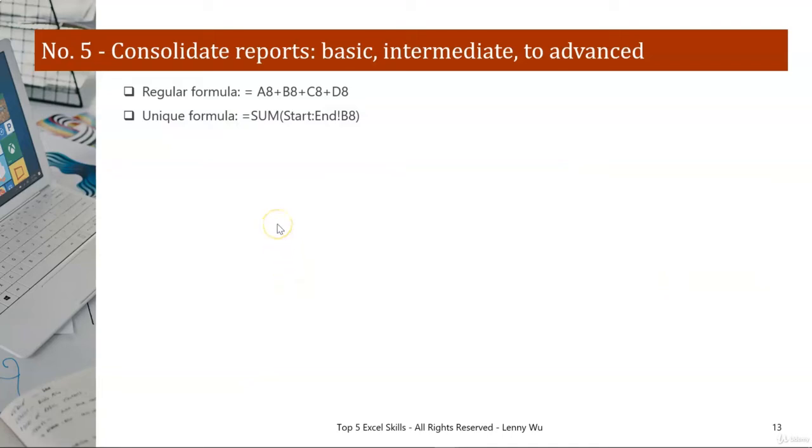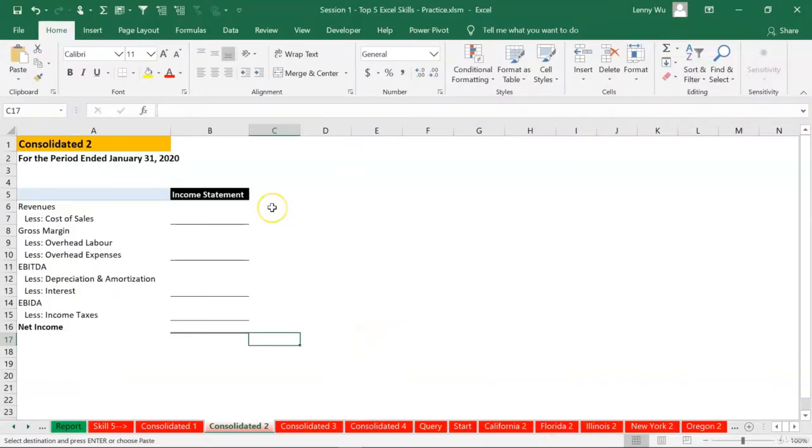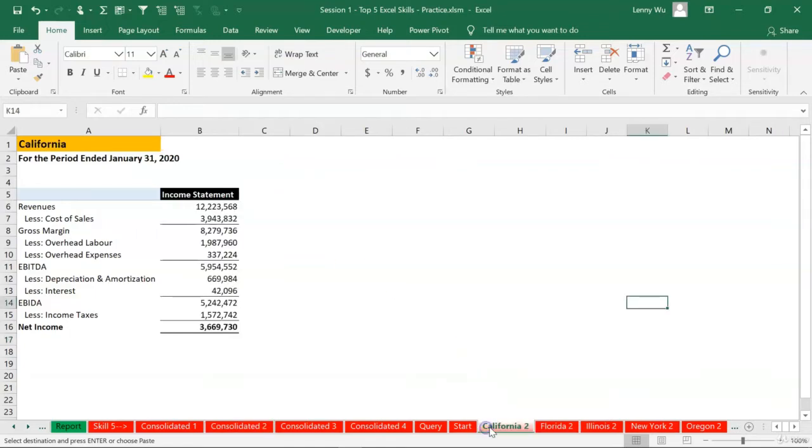The second method is to use a unique and dynamic formula called sum start to end the cell. Now let me show you how to deploy this formula. Now in Excel, for this method to be working, you need to copy paste the income statement for each state